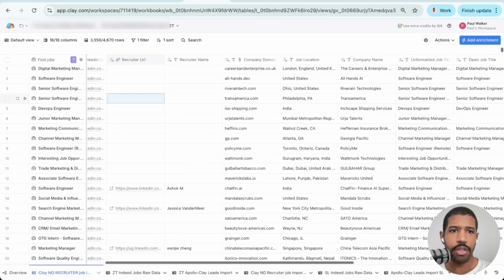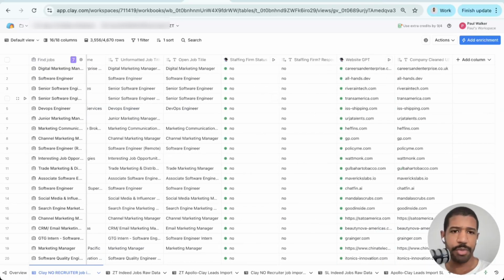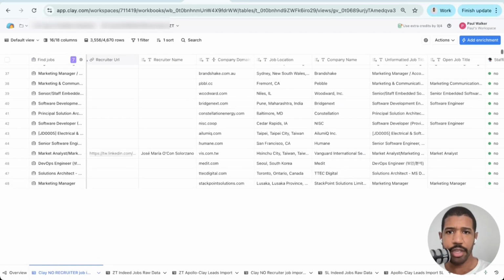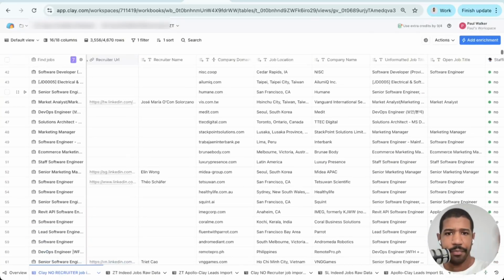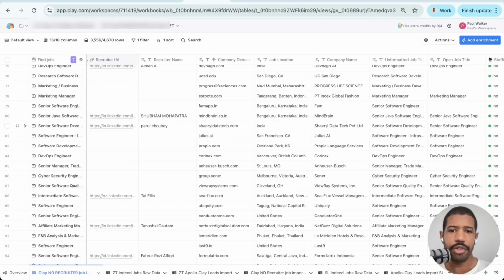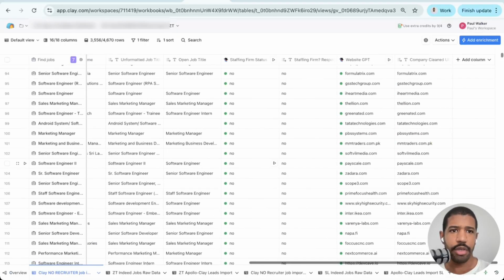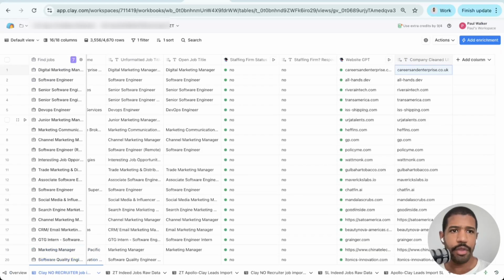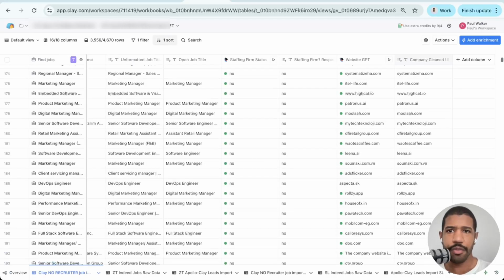The reason why I make that column, again, you can use Gemini or GPT for that, it doesn't really matter, is because we're going to need these websites, these URLs, to paste into Apollo. But also sometimes the company domain is blank here, or it goes to a subdomain/page, a secondary or tertiary page within the website. So anyway, what I do from here, once this is all cleaned, is I would filter,